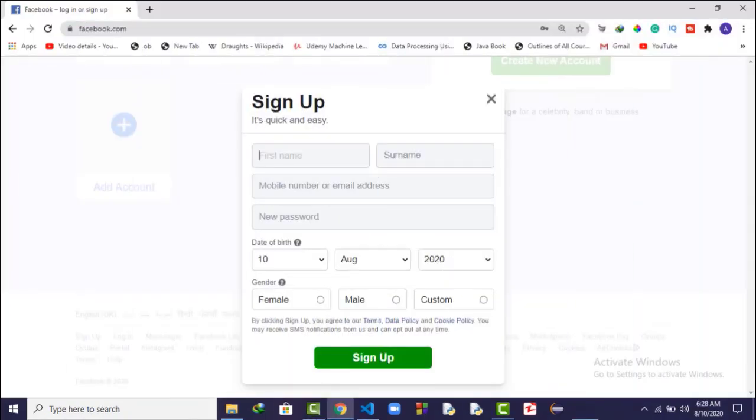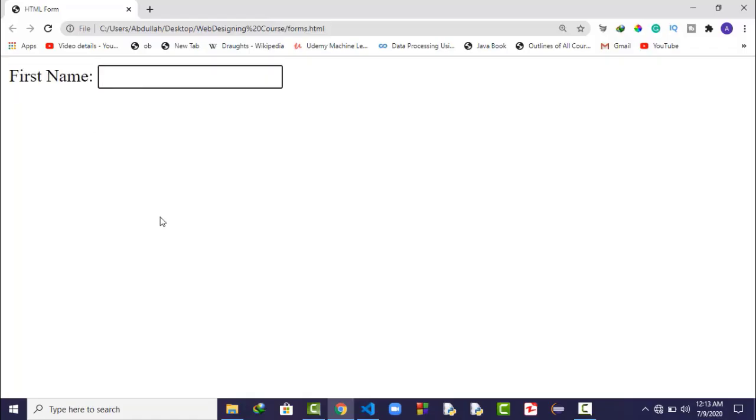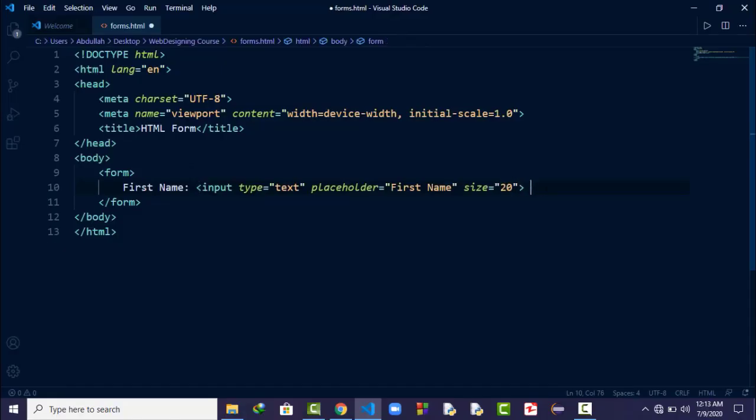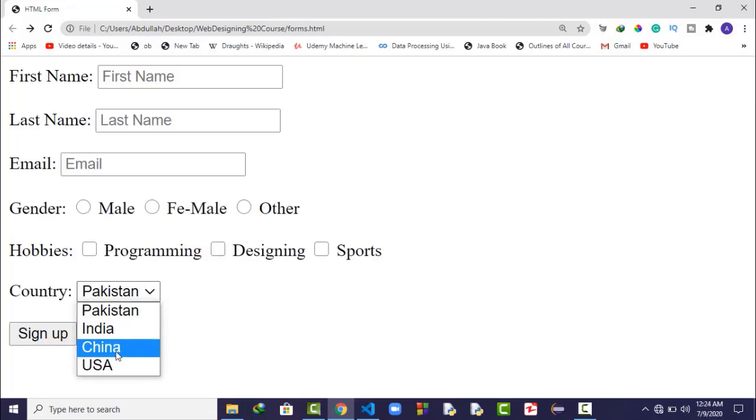So if you create your new account, you will see there they will ask you your first name, your last name, your email address, phone number, birth date, and so on. So these things can be handled with HTML forms. With the help of HTML form, we can create these input box and the different type of inputs, so user can enter his data and the data can be stored in the database. Now in this video we are not going to be talking about how we can store the data in the database. Instead of that, we will just focus on how we can create the forms in HTML.